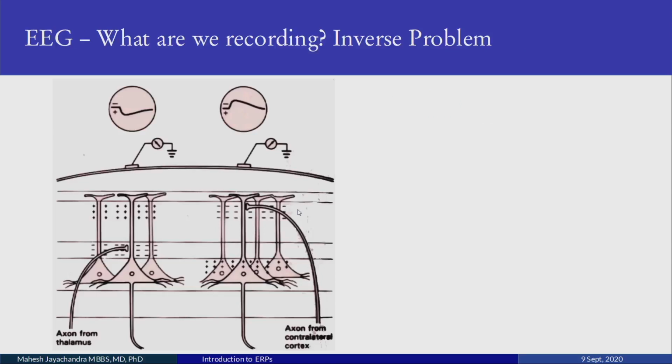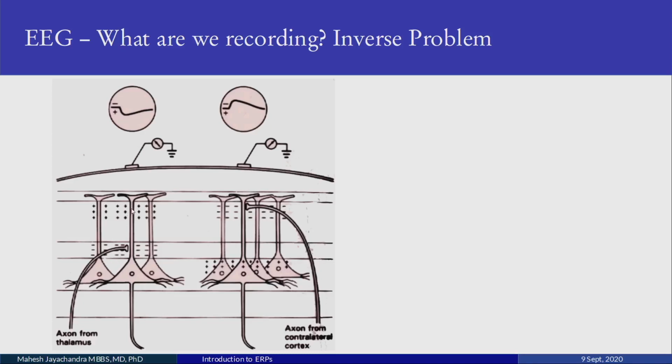So what are we recording when we put electrodes on the head? There is something called the inverse problem. There's a whole lecture on it which will be done in a subsequent week. But briefly, you have all the pyramidal cells, the cortical columns. You have an axon coming from a lower area, the thalamus. It goes just above the soma and it depolarizes it. So as soon as it depolarizes here,